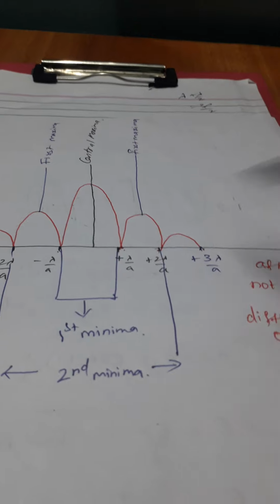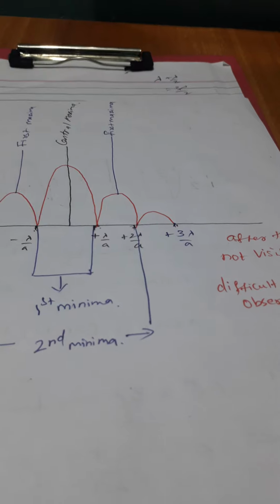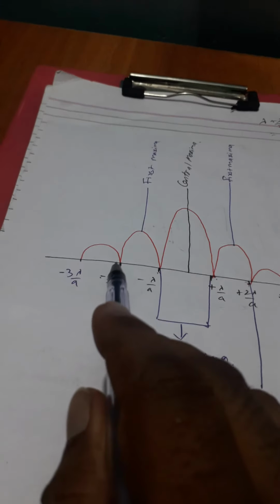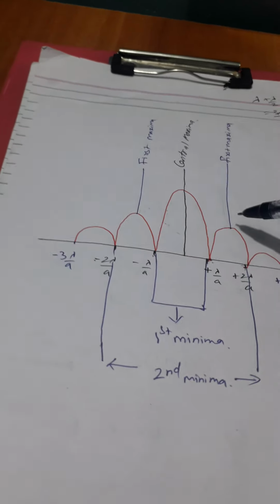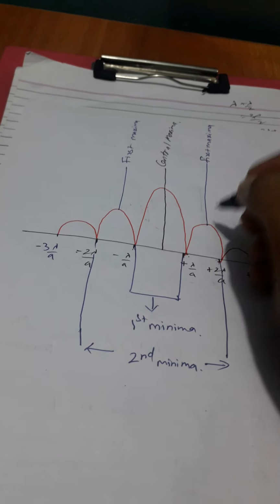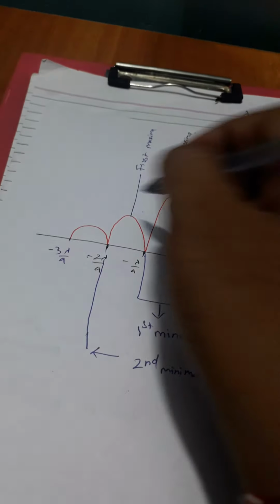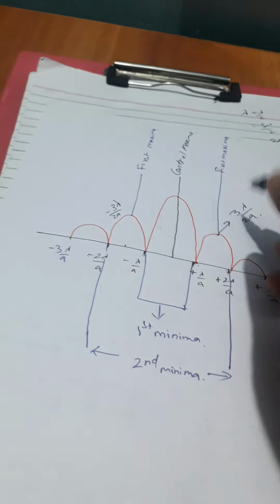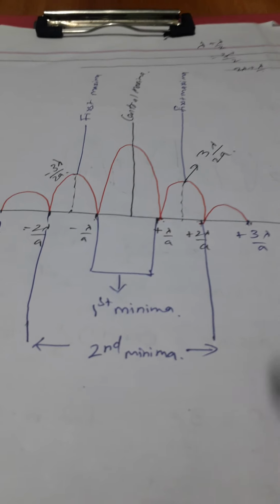Of course, after this, the diffraction patterns become almost invisible, or it is very difficult for us to observe. So 3 is okay. So central maxima. Now suppose you take a midpoint for this one. So this is your first maxima. Similarly, this is your first maxima. Now if you check this part, this is 3 lambda by 2a. So this becomes minus 3 lambda upon 2a. On the graph it is like this, and accordingly you will get maxima and minima points.